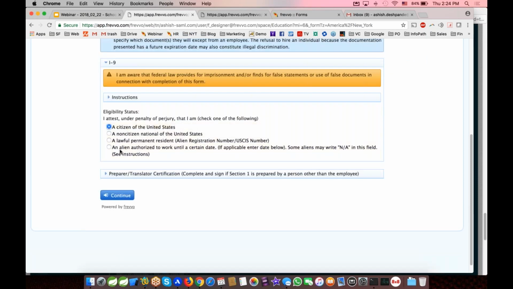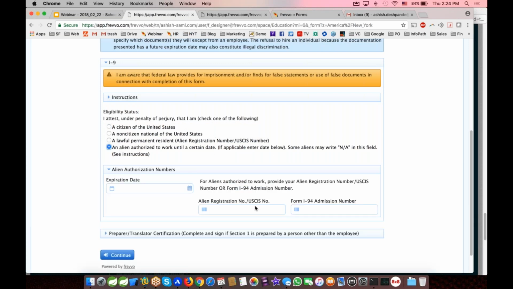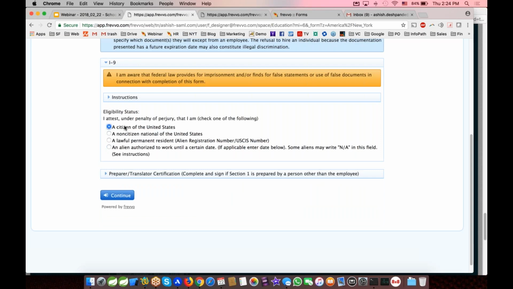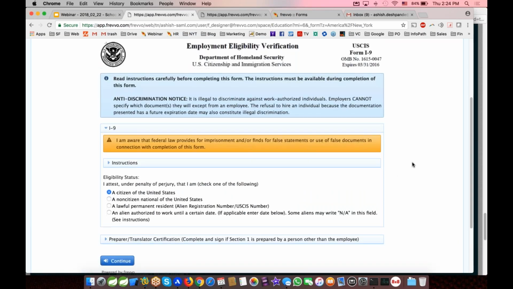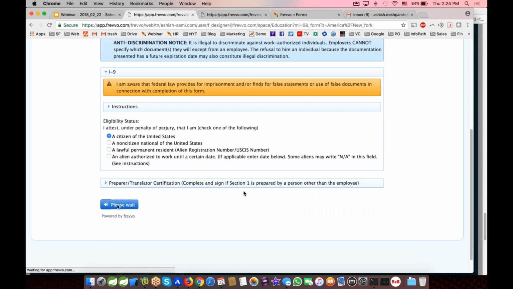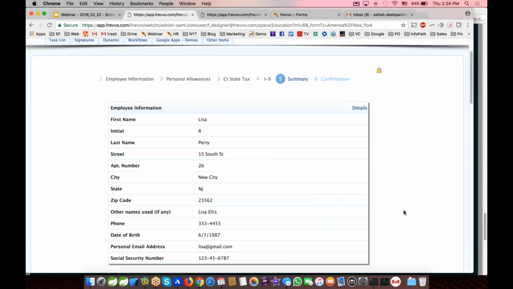I can choose I'm a citizen of the United States, so if I choose this particular field, you'll see that a section populates down below. This is what an I-9 form looks like. On the I-9 form, this section is always visible and says, if you selected the fourth choice here, then you must fill this in. With frevvo, you just don't bother even displaying it unless you selected that fourth choice. So I'm going to select citizen in the United States, click continue here, and then the next step here is a summary